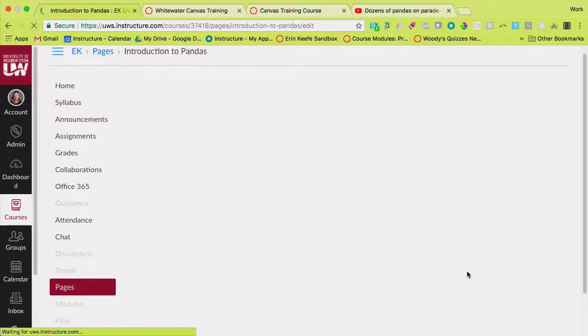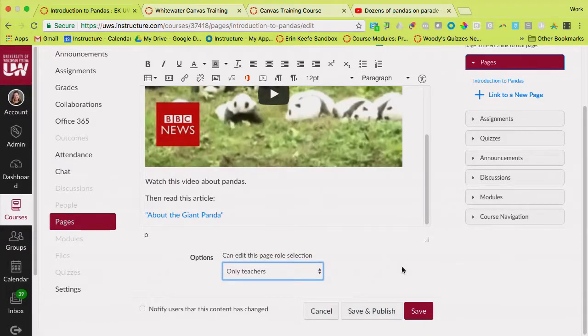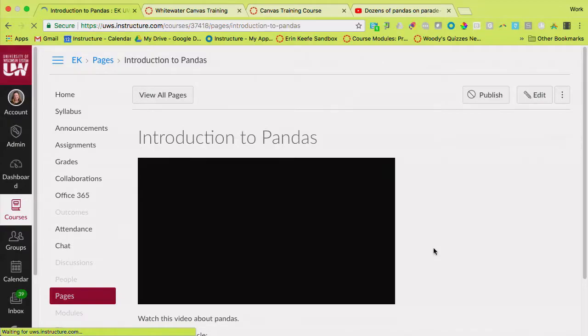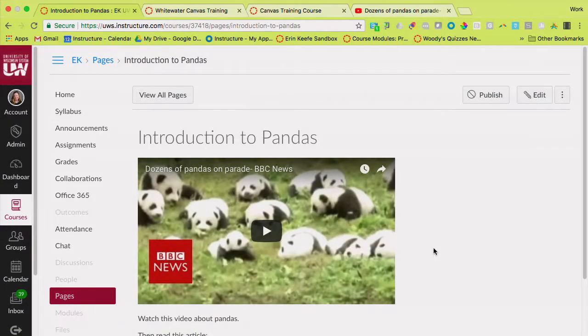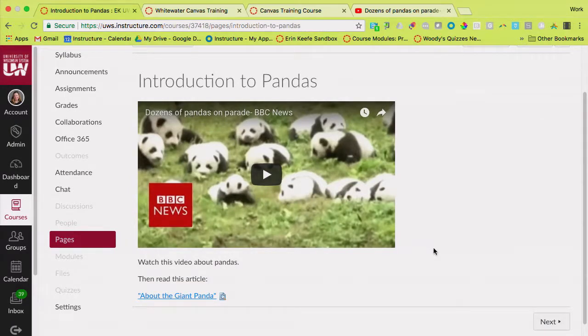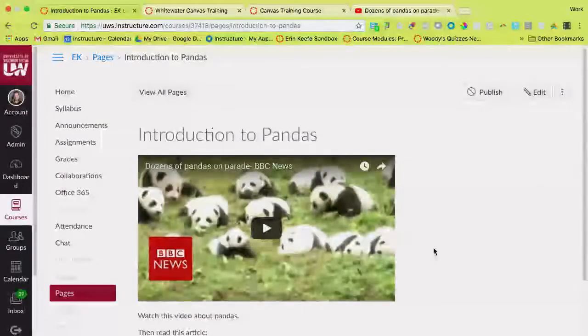Sometimes the idea of creating these pages as wikis freaks people out because they know that that means that students can edit and change the stuff that's on there. We like to tell people about pages that we want to keep it above the fold, which means if students have to scroll, and I'm sure you guys know this because you've been using a learning management system, if students have to scroll and scroll and scroll and we create a scroll of death, then they're going to ignore all the good stuff that's at the bottom of the page.